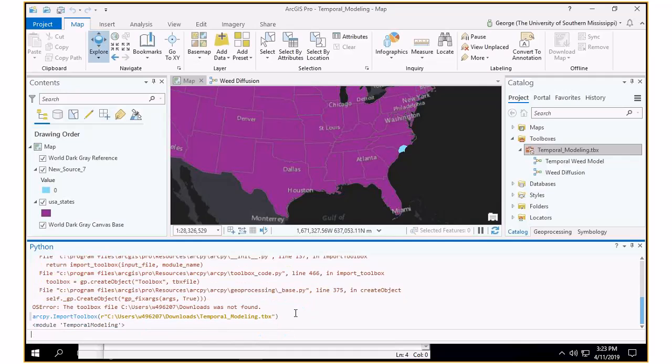All right, so now it imported that toolbox, and so now when I hit ArcToolbox, I have my tool that shows up there. Your tool, like all other tools, will always be denoted by the name of the tool with an underscore and the name of the toolbox. And what's kind of cool is when you try to run it, now you'll be given the reference to the precipitation data set, the temperature data set, the source data set, and whatever you're going to have for your new source. So let's test this to see if it works,